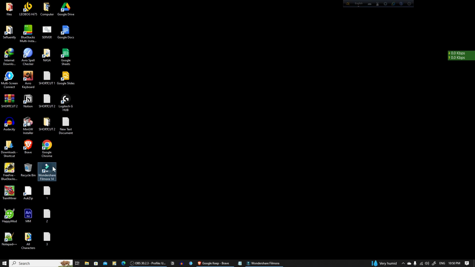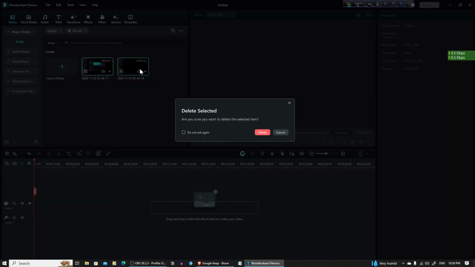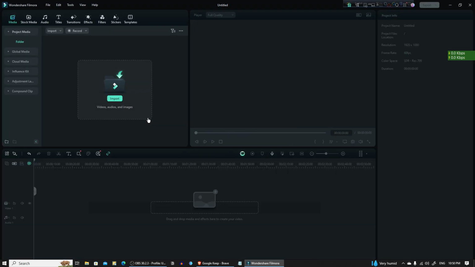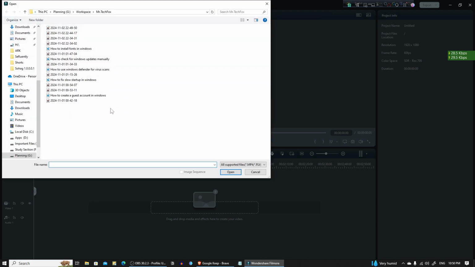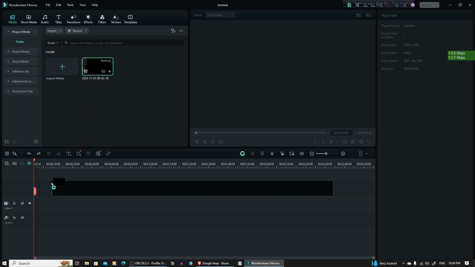So first, open Filmora by clicking on the app icon, and after that you have to import a video clip. I already imported something, so I'm deleting them, and after that you have to click on the import button. Okay, so you have to select the video that you want to edit from here. So I'm choosing this video, and now you have to hold the left button of your mouse and drag it